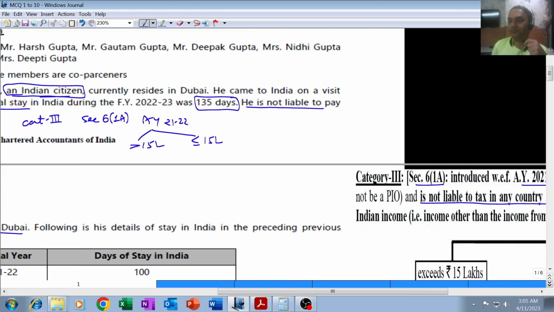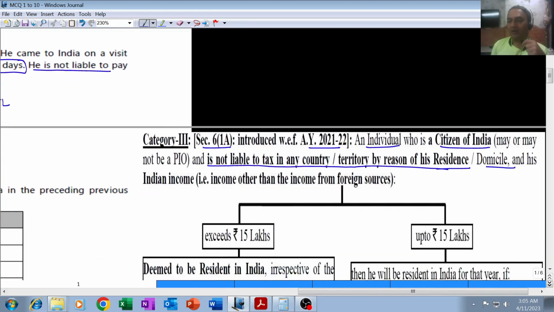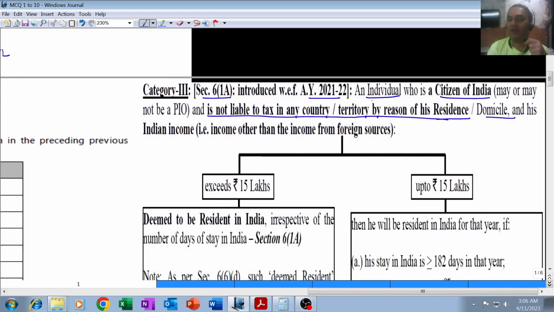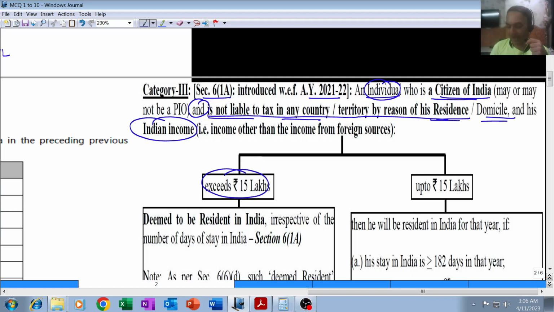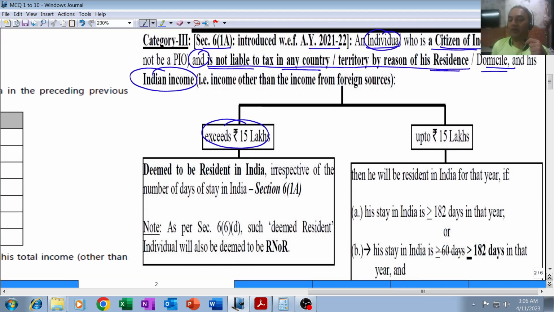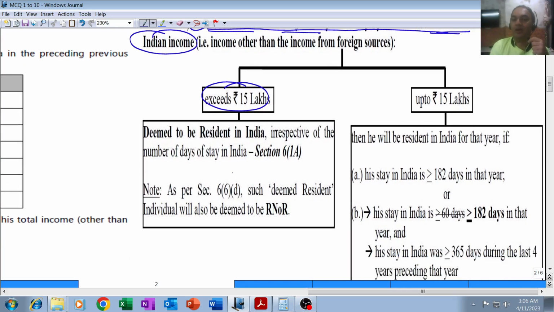What was the rule? If you recollect, section 6 clause 1a introduced with effect from AY 21-22, an individual who is a citizen of India, whether person of Indian origin or not, and he is not liable to tax in any country by reason of his residence or reason of his domicile, and his Indian income exceeds 15 lakh. What is the Indian income in the given question? We don't know. We will check. If his Indian income exceeds 15 lakh, then it will be deemed to be RNOR, deemed to be resident and